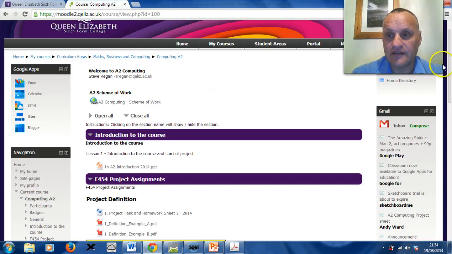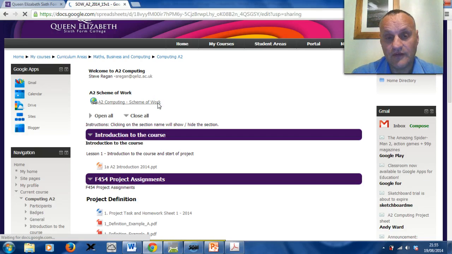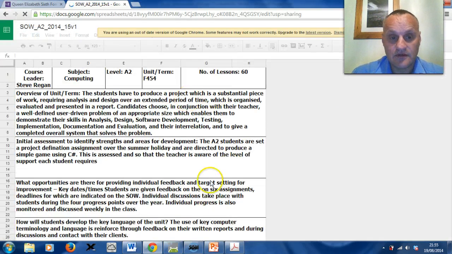Once you've done that, there are several areas on here that will be of interest to you. First of all, my email address at the top here. There is a scheme of work which details the different phases of the course and when lessons will take place, particularly the deadlines for the course. So if you open that up